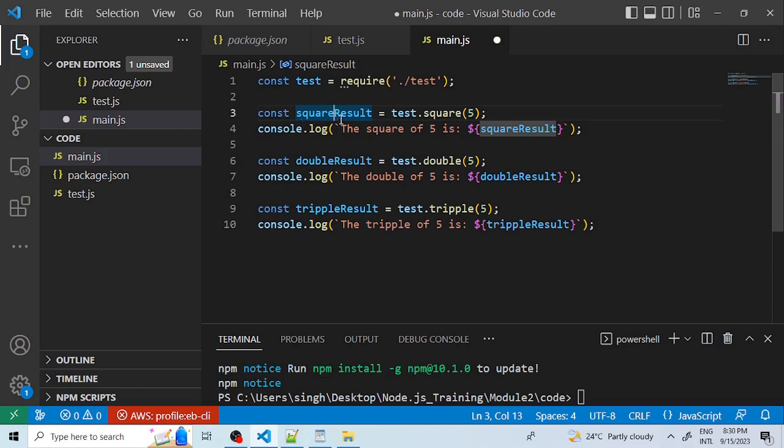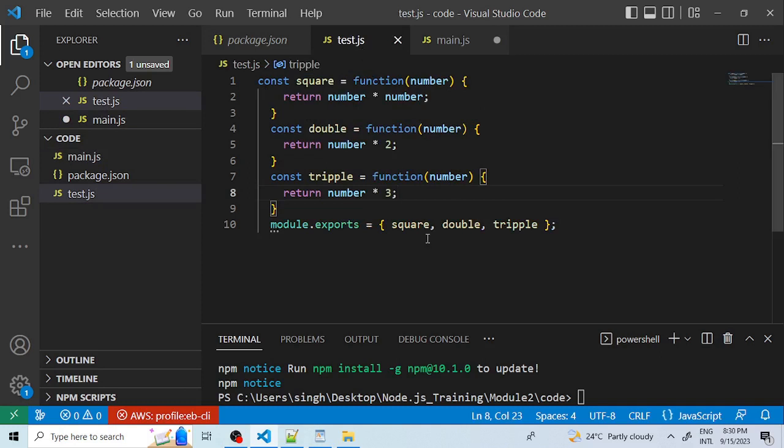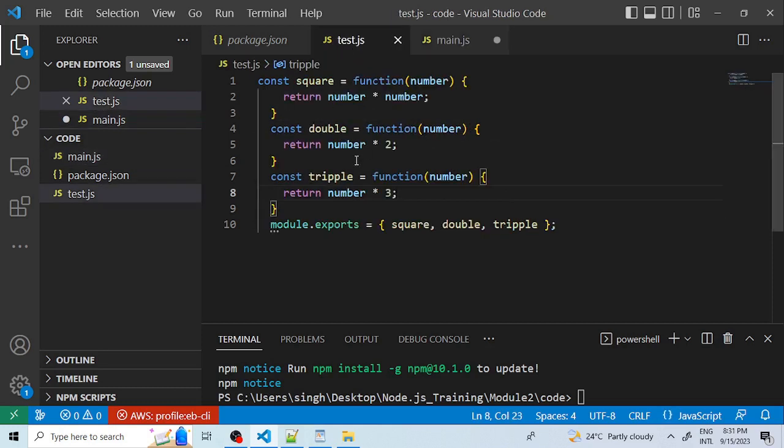For example, const squareResult, doubleResult. Here what I'm doing is that I have imported this module, and it is coming under this variable. We can give any name here. This variable name can be anything, and then variable name dot whatever we are exposing here. So we are calling a square function, a double function, and a triple function. These are the functions that we have defined in our module file, and now we are utilizing